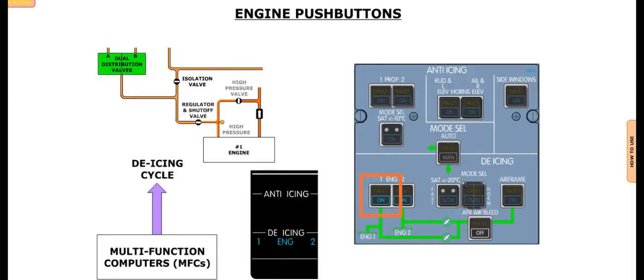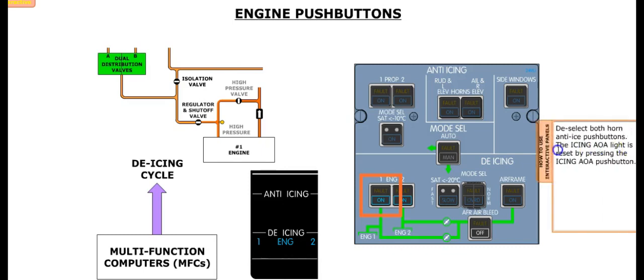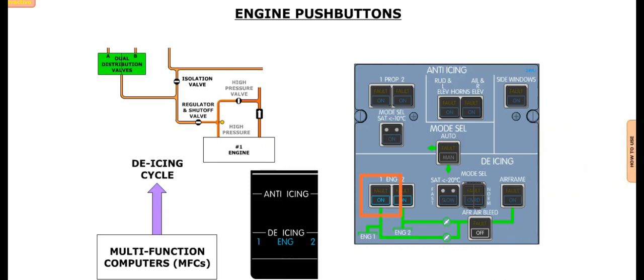As discussed earlier in this module, the engine push buttons control the de-ice valves, as well as the 2 outputs of the associated engine distribution valve. When an engine push button is pressed in, the de-ice valve opens, even if the airframe air bleed push button is released to the off position. In addition,